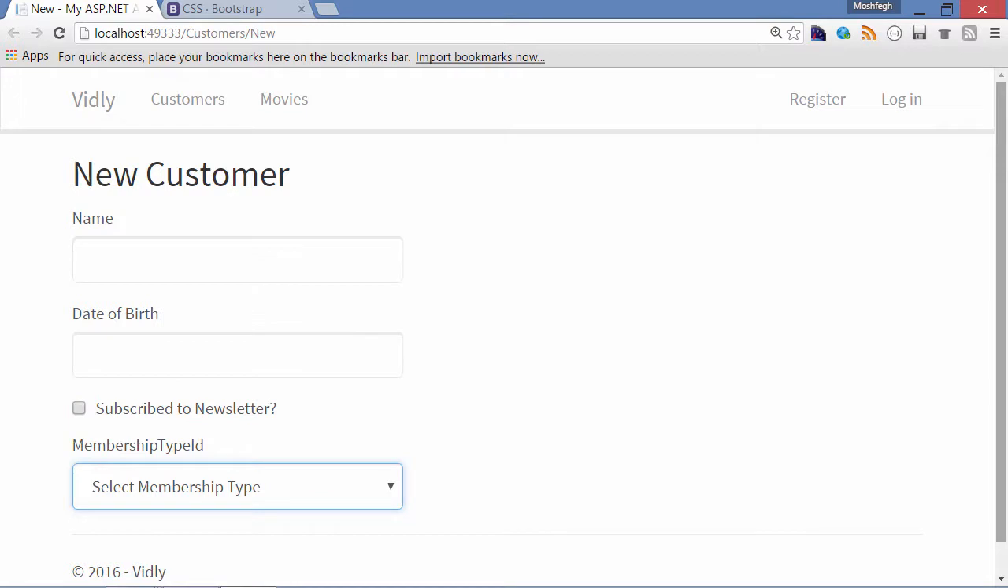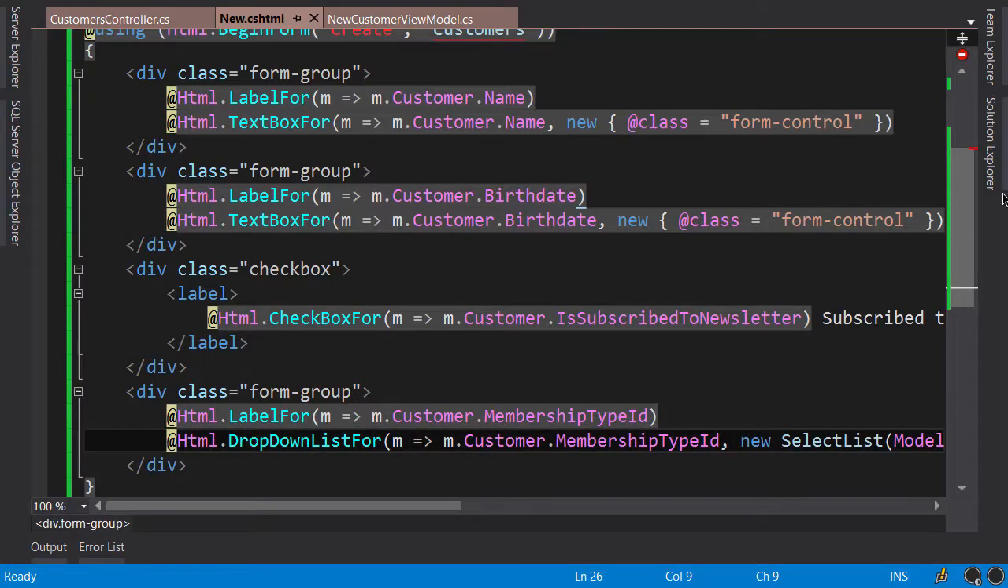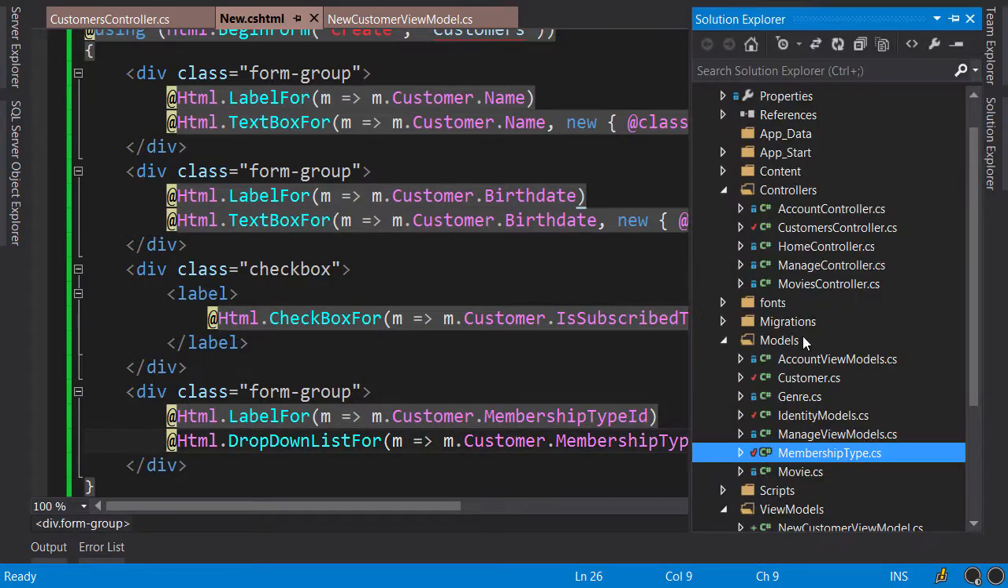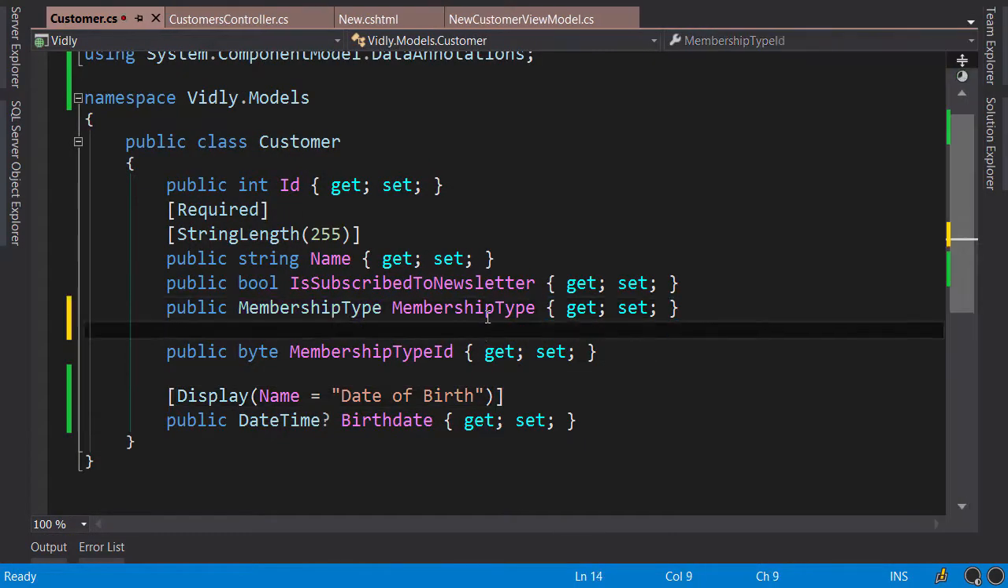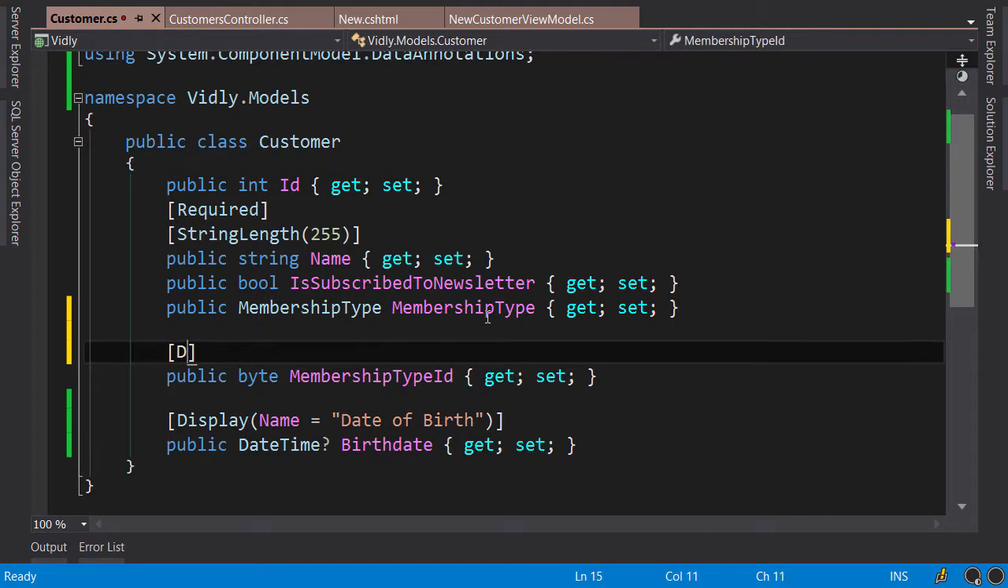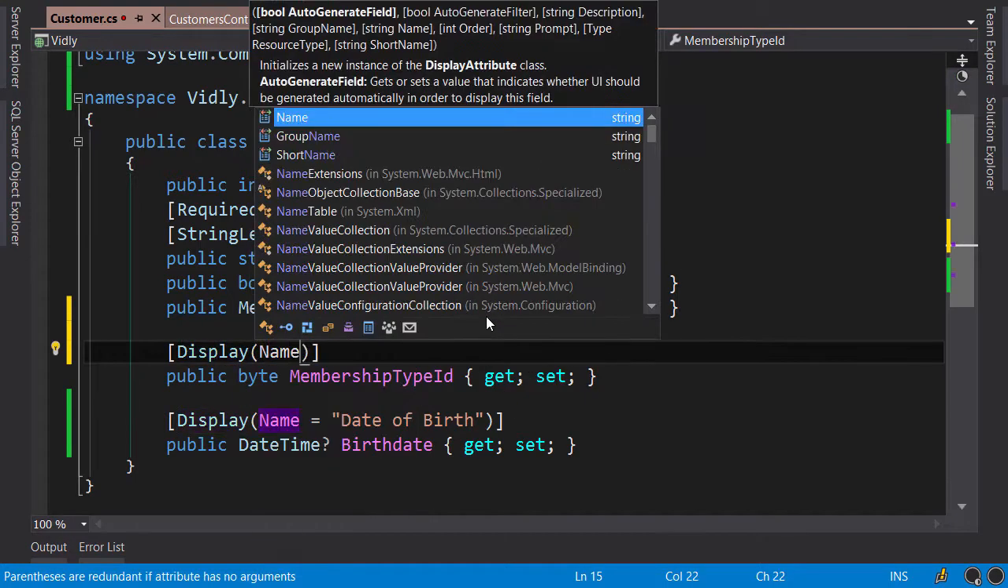Now back to Visual Studio. Let's go to Solution Explorer. In the Models folder, open up the Customer class and apply the Display data annotation on the MembershipTypeId property. And here we set the name,